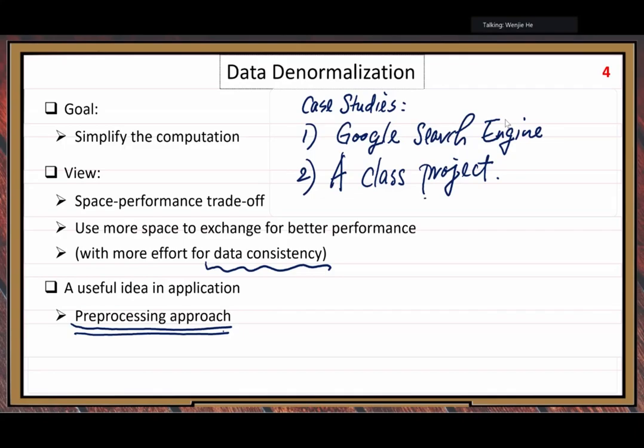Pre-processing means before our users send their requests. Before the request time. So this pre means before. You do your data processing